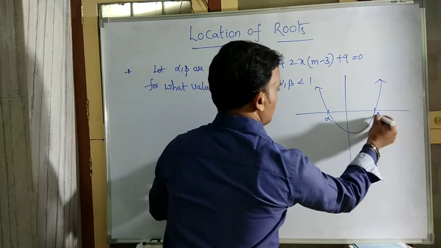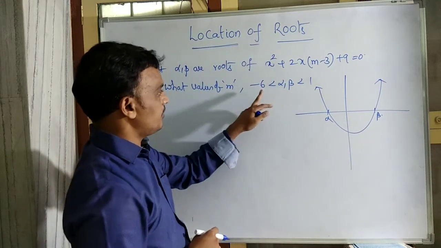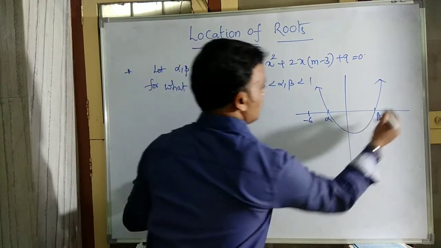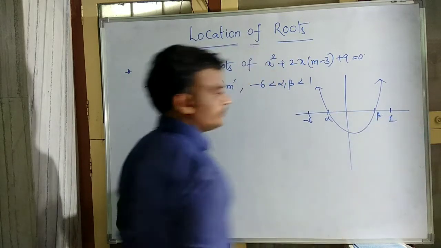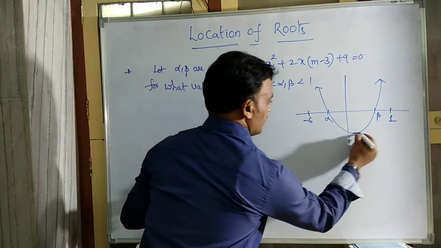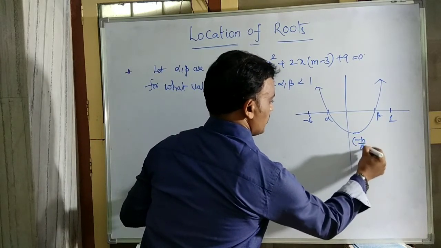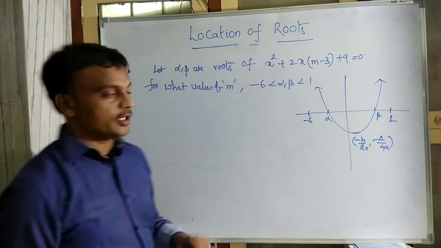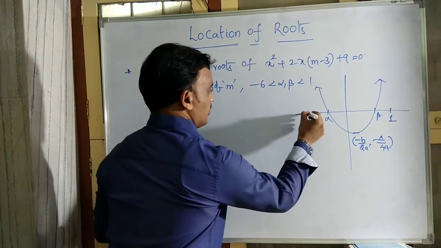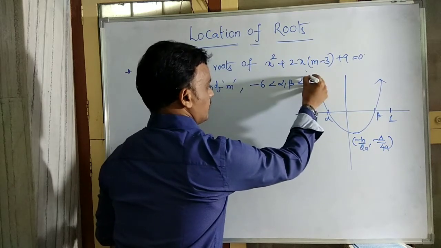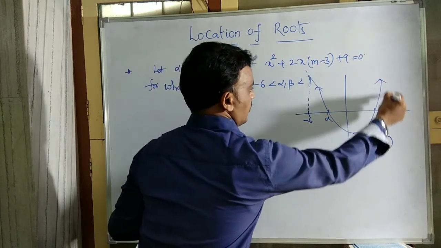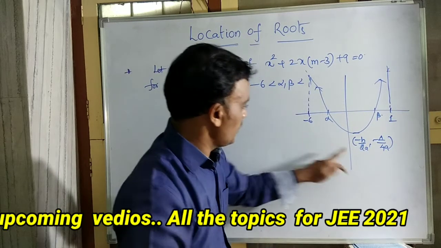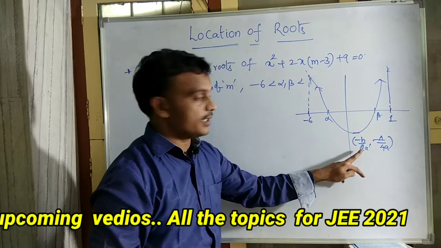Two roots, alpha and beta. Alpha and beta lie in between minus 6 and 1. And here the vertex is minus b by 2a comma minus delta by 4a. Yes, what conditions can you get? What about the corresponding value of f of minus 6? Positive. F of 1 corresponding value is positive, and the x coordinate of the vertex, minus b by 2a,